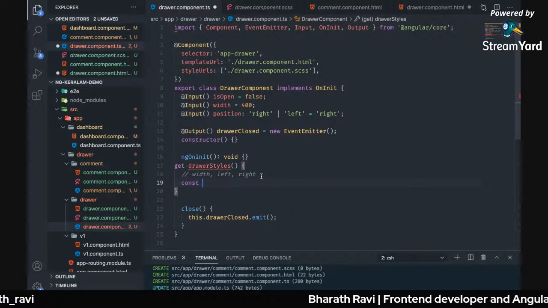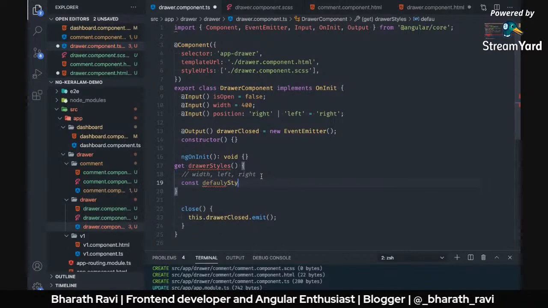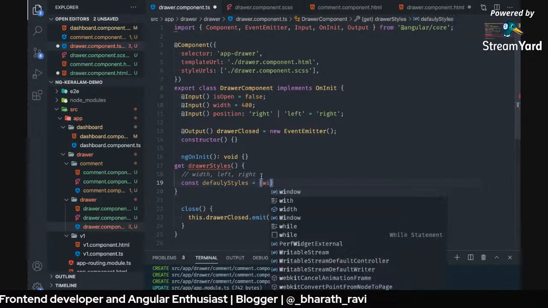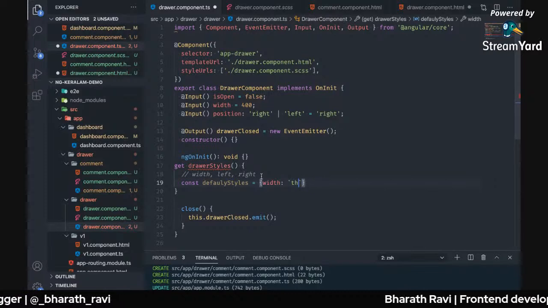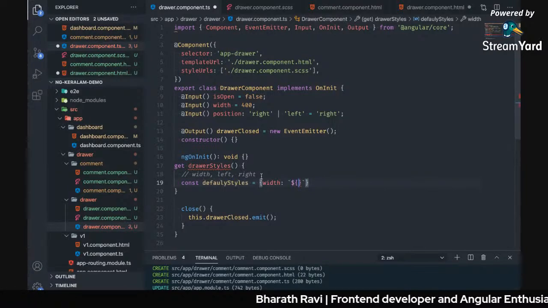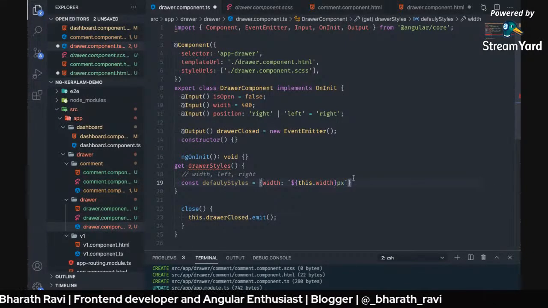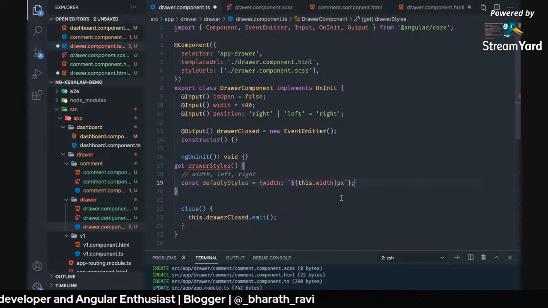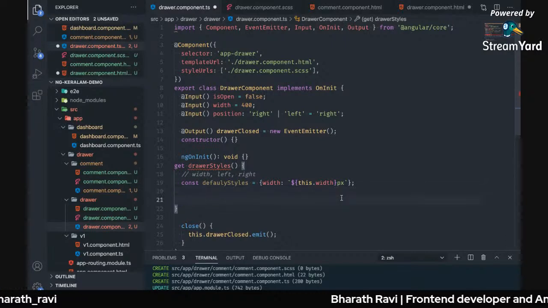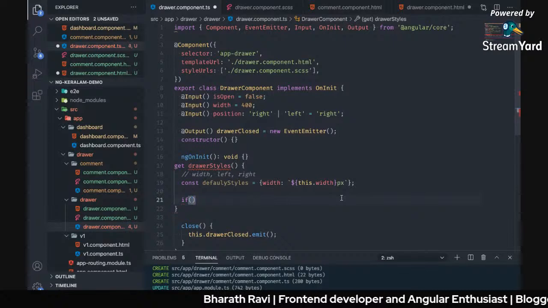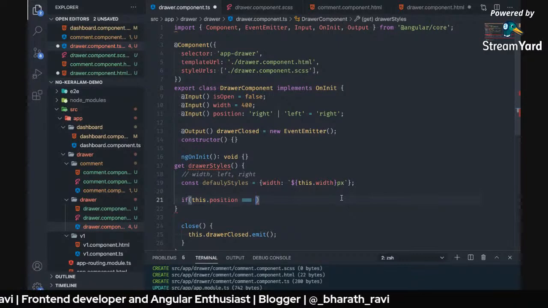So width is common, right? So let me create that into a, let me call it default styles, which is equal to width, which is always going to be this dot width in pixels, right? Let me use a template literal. This is going to be the common. And depending on whether the position is left or right, we have to decide whether to pass the left property or the right property. Let me write an if condition. If this dot position is equal to, let's say, right,